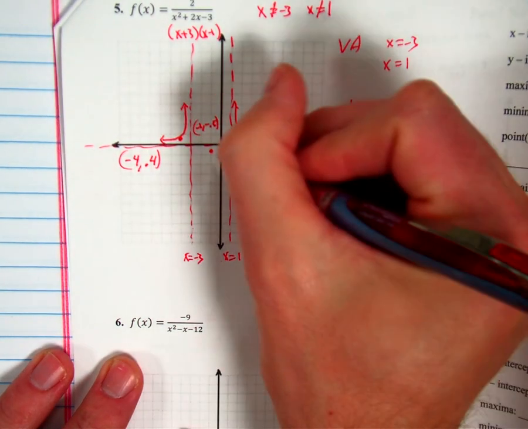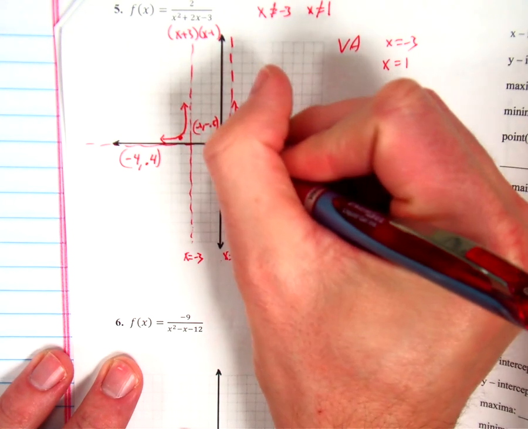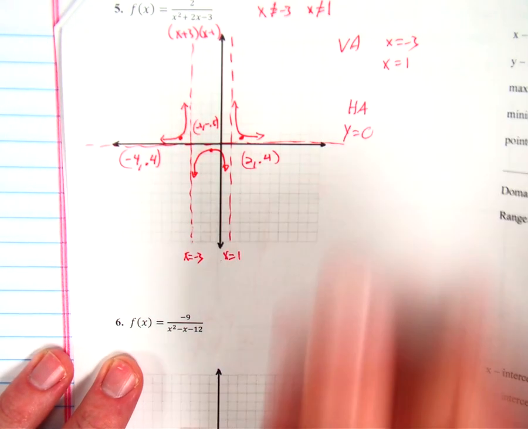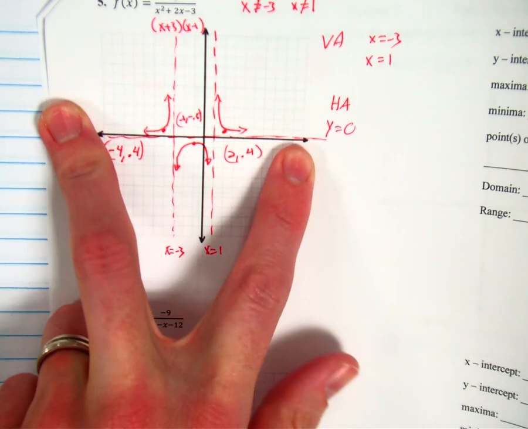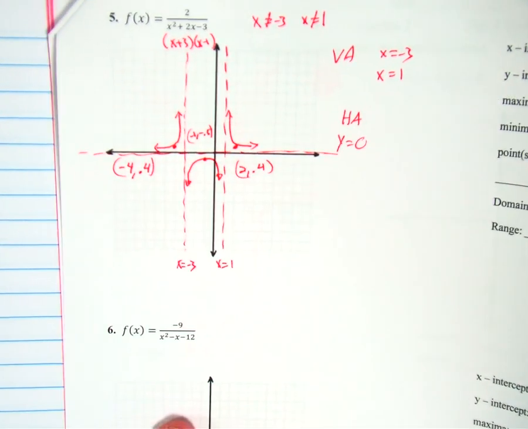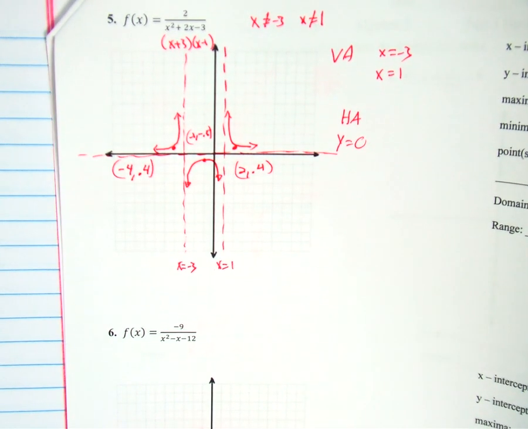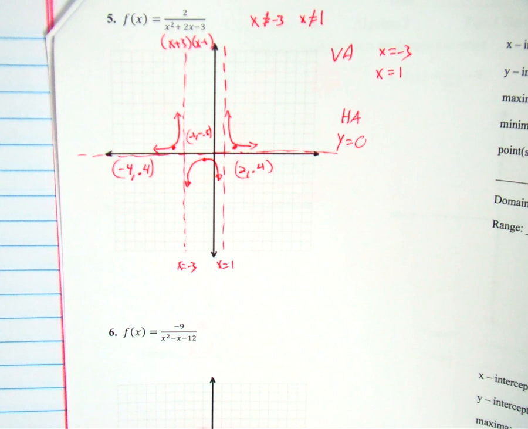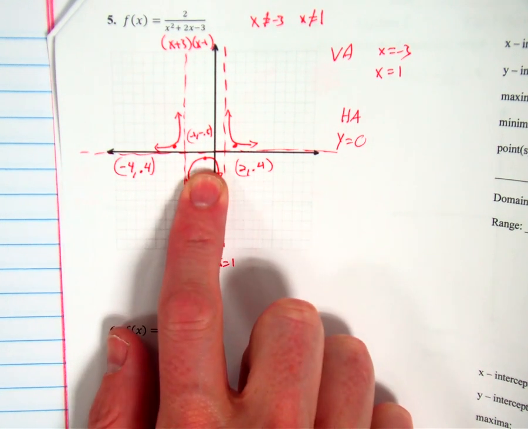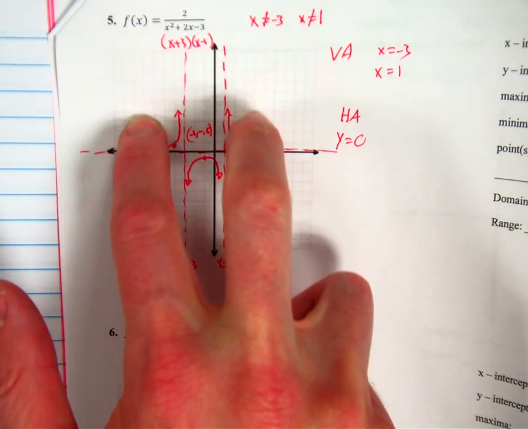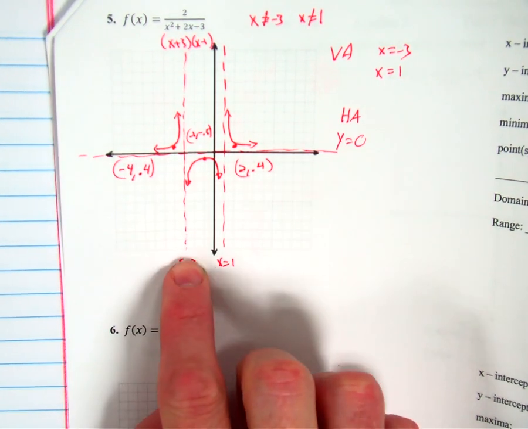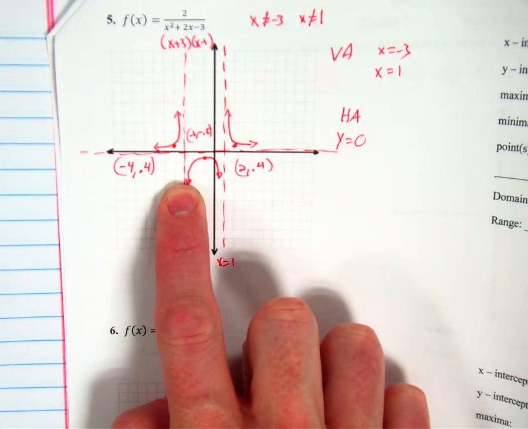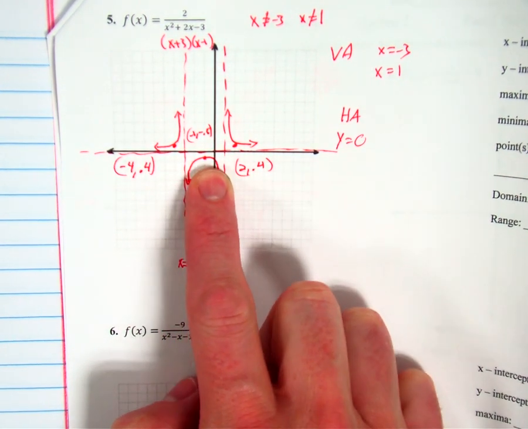Okay, and then we follow our outside asymptote lines down and out. Okay, when you have 3 pieces, the outside pieces have to follow this horizontal asymptote. The middle stuff doesn't always have to. It gets a little weird sometimes, and that's what we have going on here. These 2 come down and get infinitely close to 0 as they go to the outside. The one in the middle looks like it's going to go up to 0, but it stops at -0.5 and